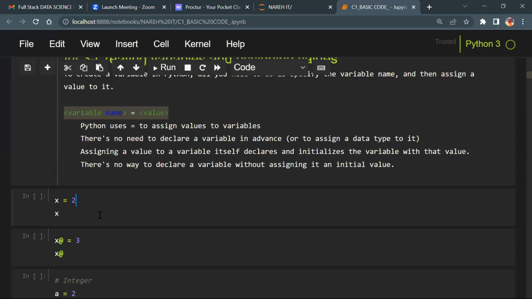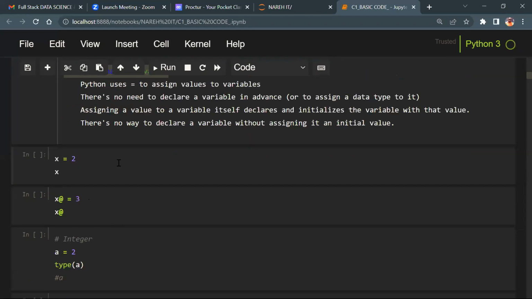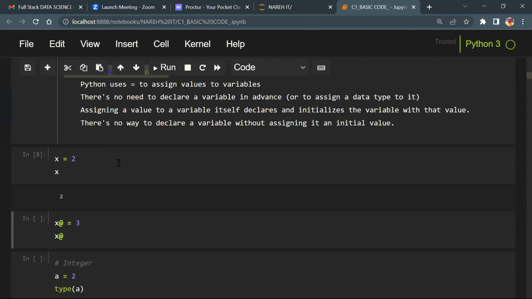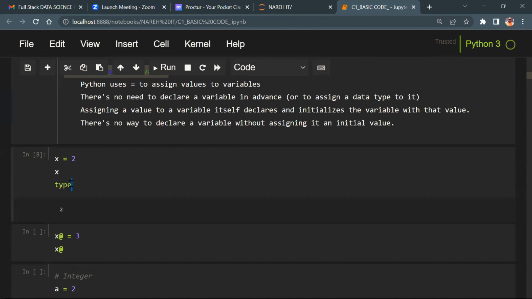Let's go back and understand x = 2. Which is the identifier? X. What is the value? 2, and what type of value? Integer. Are you guys understanding or not? Let's talk about x. And type(x), then shift enter. Now, type is an inbuilt function. There are inbuilt functions and user defined functions; I will come back to these later.